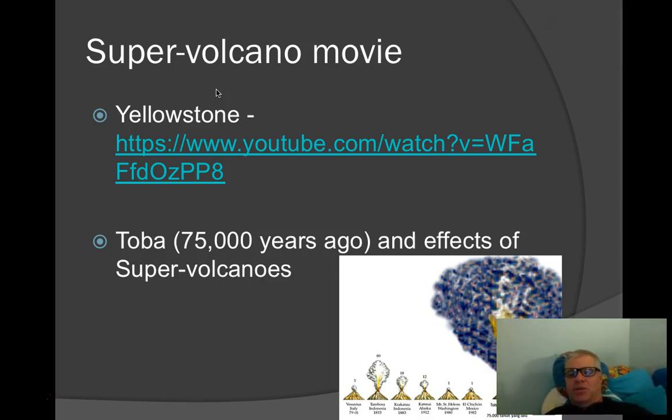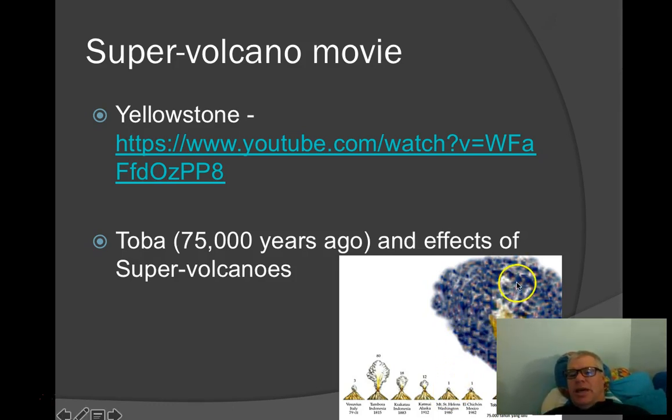One of the reasons super-volcanoes are considered to be an apocalyptic event, and I apologize, this got a little cut off here, is if you look at the amount of stuff that comes out of a volcano at any given time. Some of the fairly famous eruptions, like Mount St. Helens, are pretty small. Other eruptions in Mexico are pretty small. Even some of the largest volcanic eruptions during recorded history, such as Tambora and Krakatoa in Indonesia, put a fair amount of stuff into the atmosphere. But if you go back to things like Toba, which was a supervolcano, about 2,800 times as much stuff came out of this volcano as came out of Mount St. Helens or some of the more well-known recent eruptions.